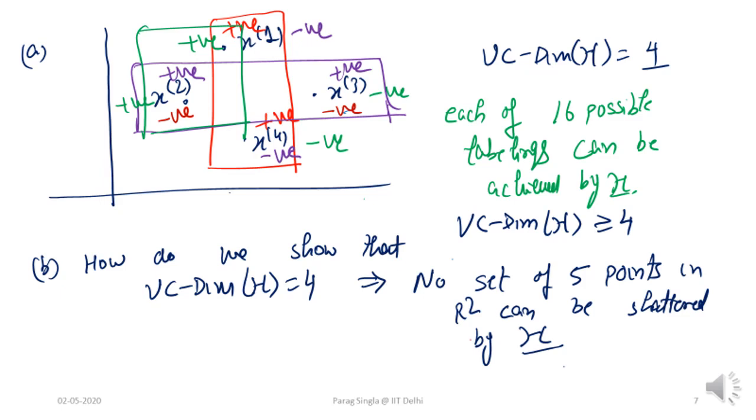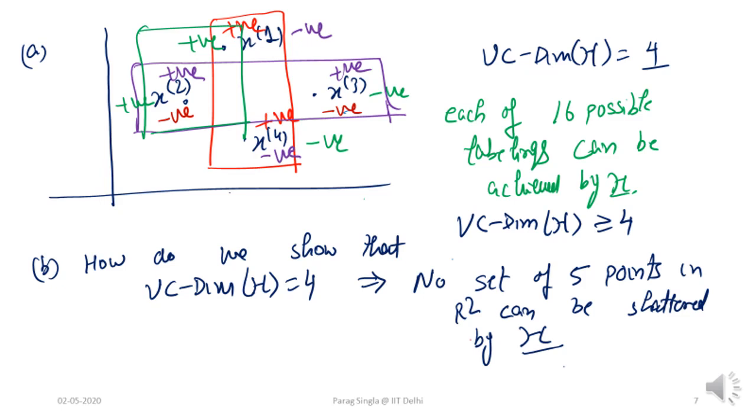In this case, the way to achieve this labeling would be simply to draw a rectangle around x1 and x4. Because they are inside this rectangle, they are labeled positive. This particular labeling is shown in the red. So x1 and x4 are positive, you draw this red rectangle, and x2 and x3 are shown negative in the red. So this particular labeling can be achieved. Similarly, if we label x2 and x3 as positive and x1 and x4 as negative, which is shown in the purple, again there is a rectangle around x2 and x3 which can achieve that labeling.